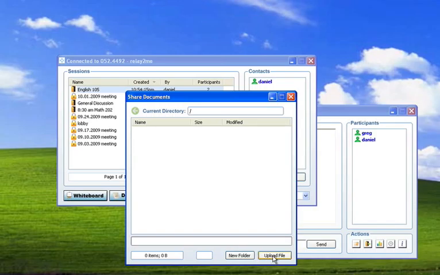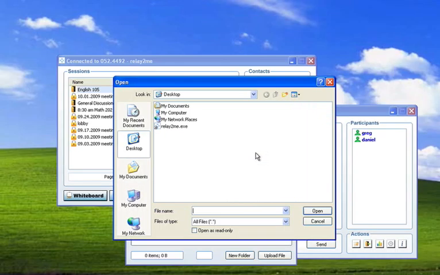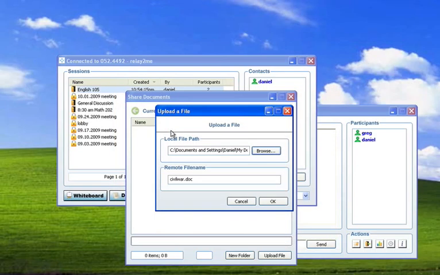So click the Upload File button, and you now see an Upload File dialog box. There are 2 fields: local file path and remote file name. The local file path simply corresponds to the path where the computer can find your file. So let's go ahead and browse to that file, and if I recall, I put it in the Documents. So I'll go to My Documents, I'll select the file, and as you can see, it already pre-filled in an appropriate remote file name. So I'll go ahead and say OK,